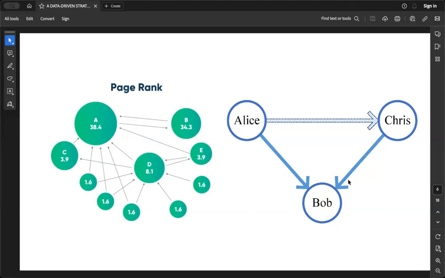has the potential to spread a lot of hate speech because they are connected to Alice and Chris, who individually have the tendency to spread a lot of hate speech. So in this case, if Alice and Chris have a high potential to spread hate speech and Bob follows both of them, then Bob's spread potential should also increase, which is a similar concept to the PageRank algorithm. This motivated us to draw the similarity between PageRank and the hate speech spreader detection problem.